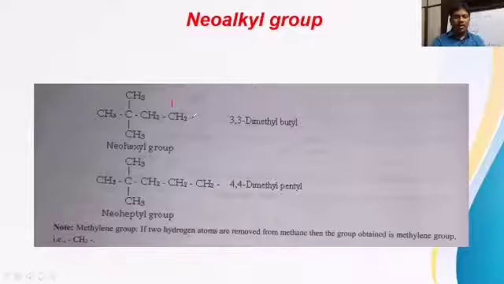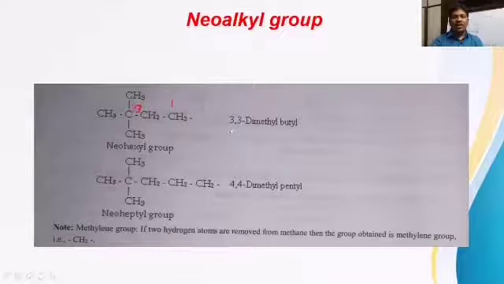The free bonded carbon should be allotted first position, and it is second carbon. Third carbon with two methyl branches. Next, it is fourth carbon. So first carbon, second carbon, third carbon, fourth carbon. What is the number of carbons in the longest chain possible here? Four carbons. Four carbons in the longest chain indicates a butyl group. Then on third carbon, how many methyl groups are attached? Two methyl groups. So it is called 3,3 dimethyl.